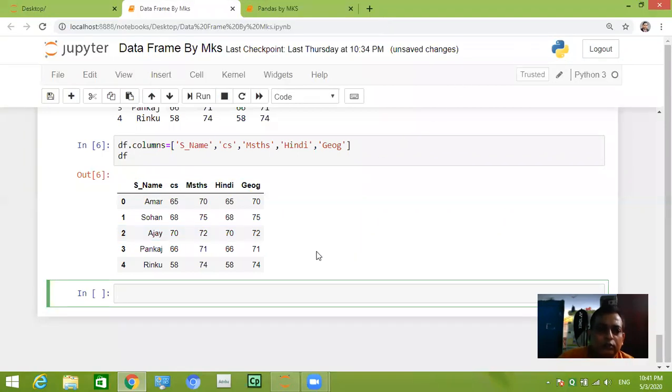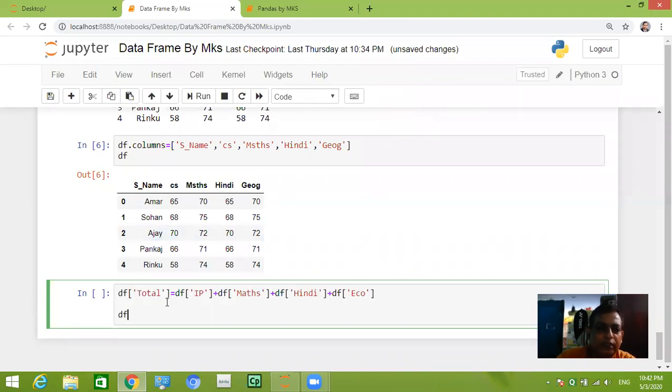Next we are going to see how to add a new column in the data frame. Suppose we want to add one total column which will give the total marks in these 4 subjects. So let us see how we will do this, adding of new columns in data frame.